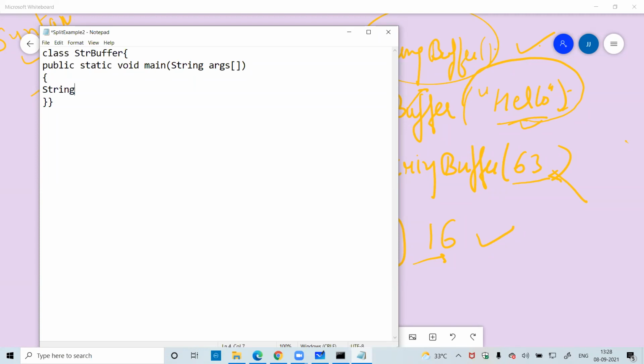First, I will write StringBuffer, any variable name, equal to new StringBuffer, and here a semicolon. In this way I have created it.